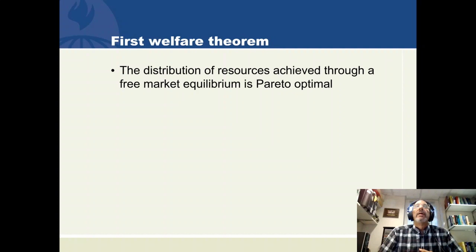Now, this is not just an opinion. It's a mathematical theorem where, using the notation I showed you earlier and the conditions that can be expressed mathematically, we can actually prove that the distribution of resources in a perfectly free market equilibrium is Pareto optimal. Now, we cannot prove Pareto optimality occurs if we have 2 market failures and we made one better. That has not been accomplished. So all we know is, in this perfect world where everybody trades freely, full information, no envy, no altruism, we can achieve Pareto optimality, which is exciting.